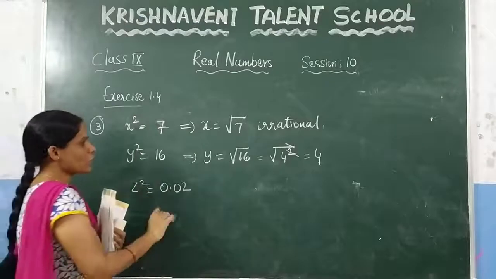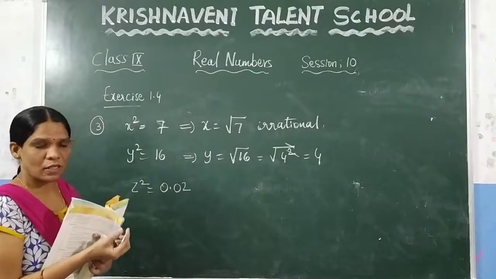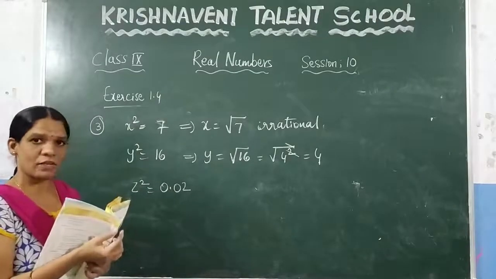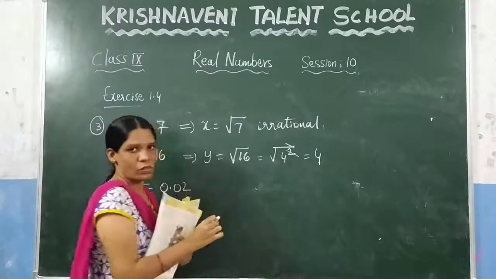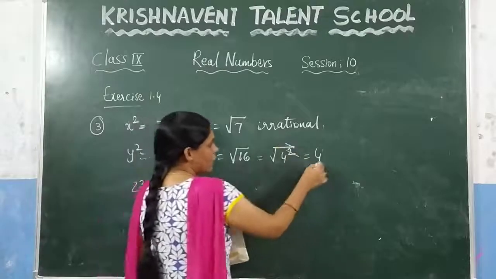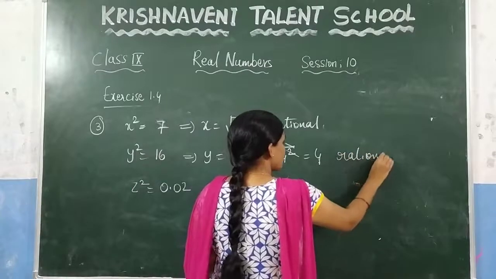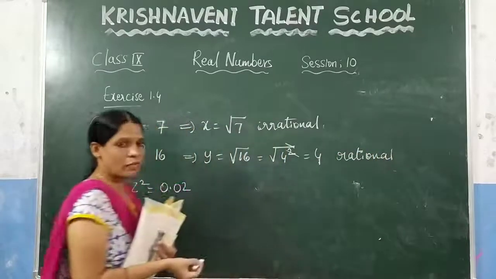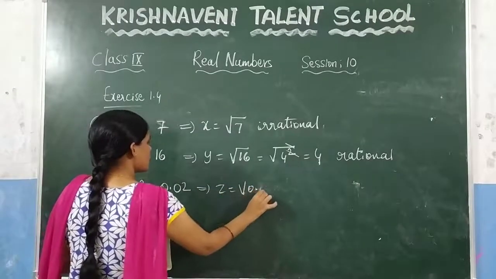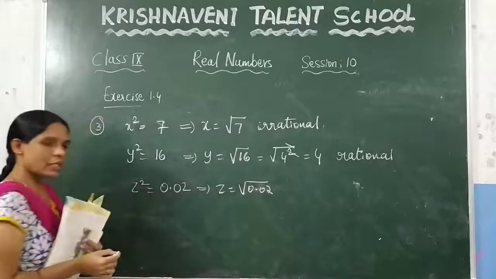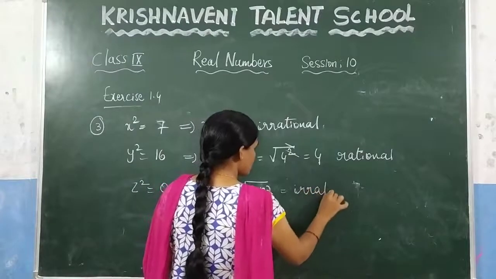So here you need to check whether this number can be written by multiplying the same number. If it can be written by multiplying the same number, then we can find the square root of the given number. So here you can write 16 as 4 into 4. Here this square and this root will get cancelled. You will get 4, and you know that 4 is a rational number because you can write 4 as 4 by 1. And after that here z is equal to 0.02. You know that it is an irrational number. So write it here: it is an irrational number.